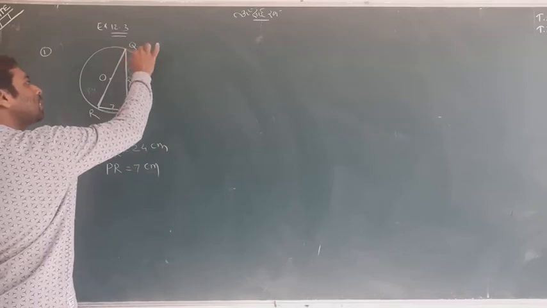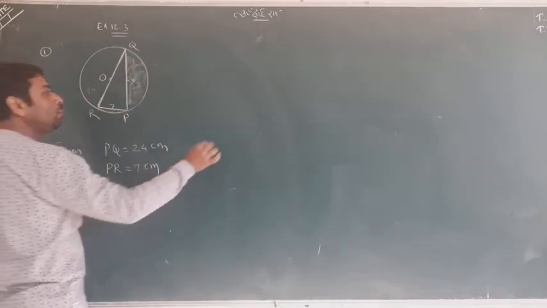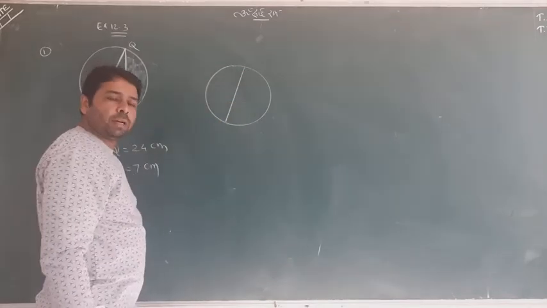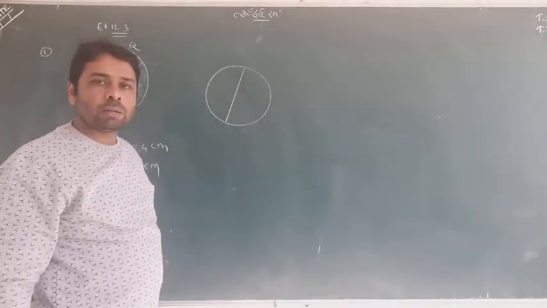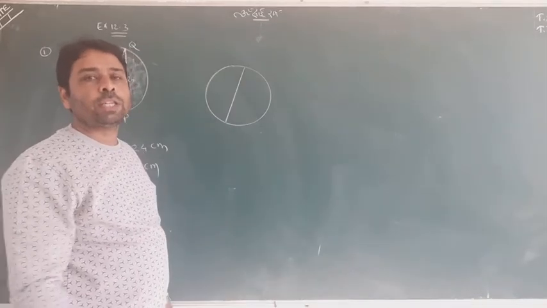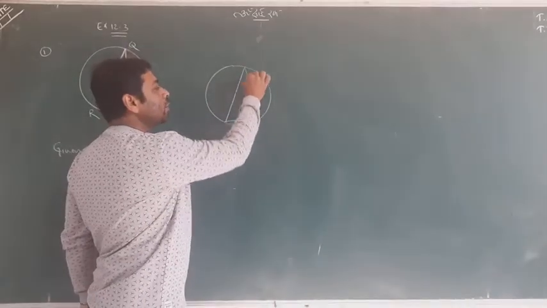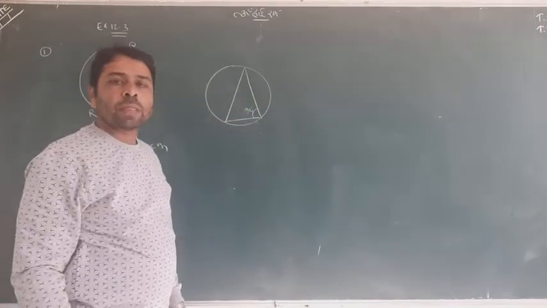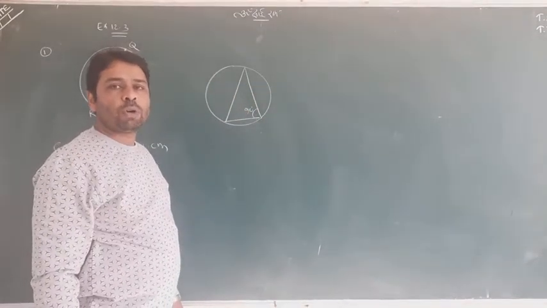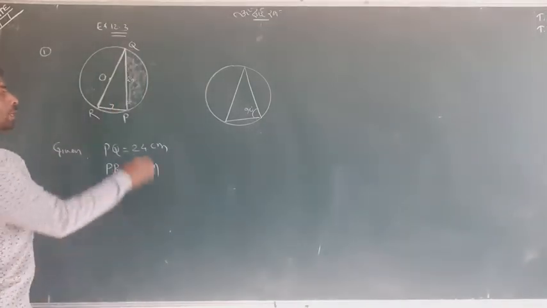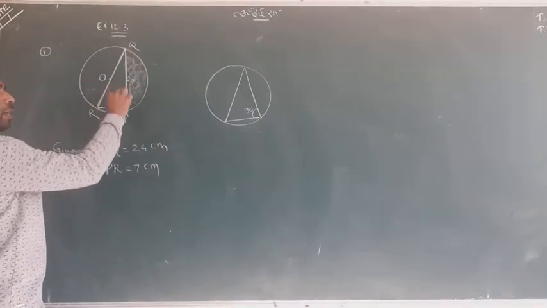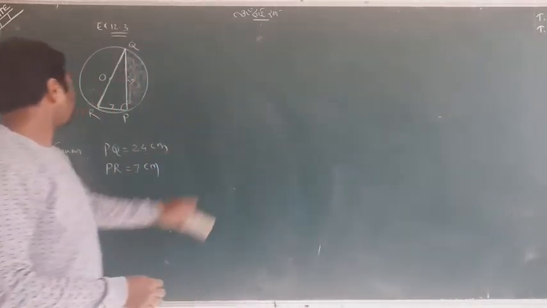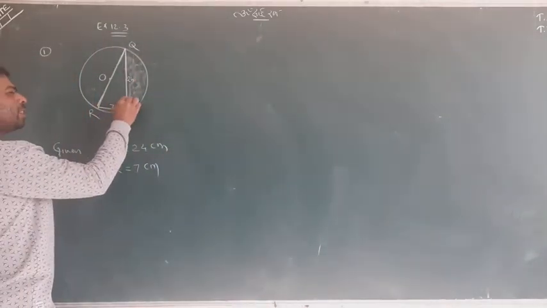So the first one is this semicircle, and one should also remember that in a semicircle the angle of any triangle is 90 degrees, meaning the angle of a semicircle is 90 degrees. Always this is 90. So one should remember that this is the angle of the semicircle, it is 90 degrees. Okay, so this will help us actually.